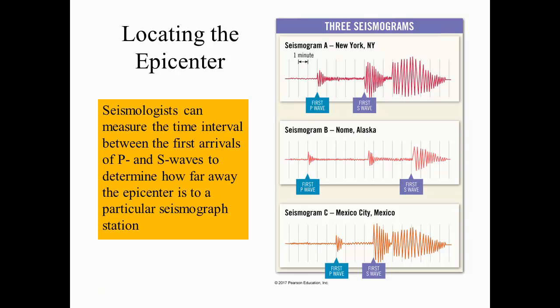In all three of these seismograms, the first P wave and the first S wave positions are indicated. I think in seismogram B, the first S wave is not labeled correctly. This is from the textbook. I think in seismogram B, they're actually labeling the arrival of the surface wave. But seismograms A and C are correctly labeled, so anyway.